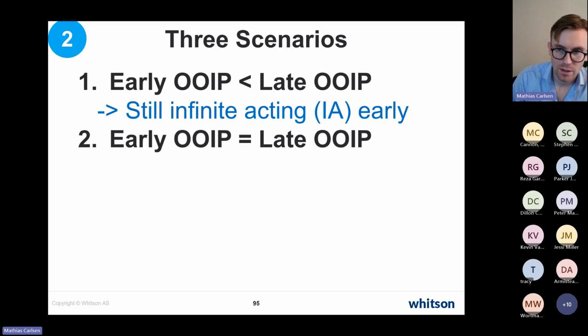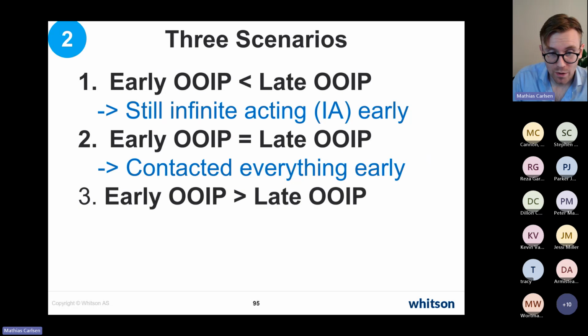The other option is that the early slope and the late slope are identical. So you've basically contacted all the pore volume early, and you've contacted it late, so those slopes will be the same. And then the third option is if the early contacted pore volume is larger than the late contacted pore volume, which we see a lot of in the Eagle Ford,